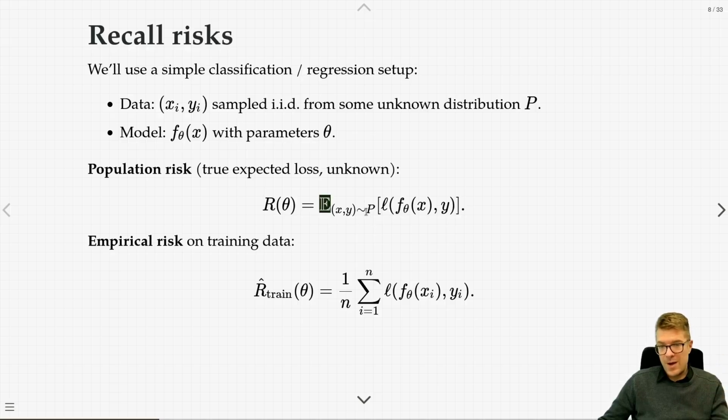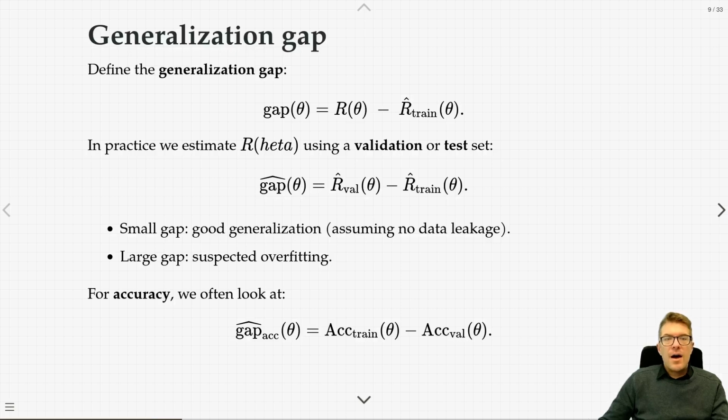But like we talked about in the very first week of this class, we can mimic this population risk using the empirical risk. The empirical risk has a certain amount of training data, n, and we just sum over all of the losses for the training data we have, and then we normalize, we divide by n to get the average, and this is our empirical risk on the training data. So we know how to conceive of empirical risk in the classical view of machine learning.